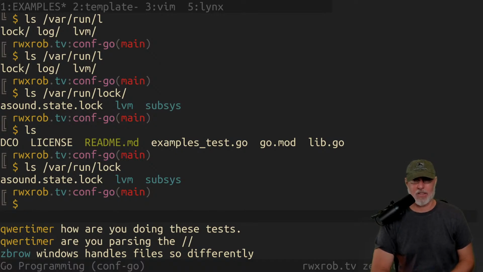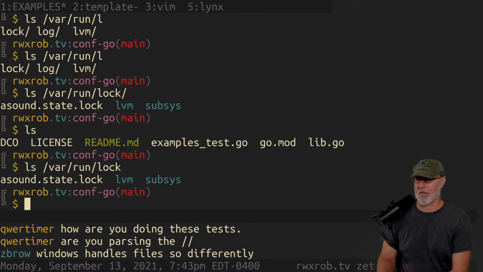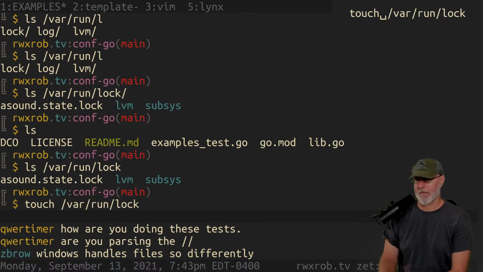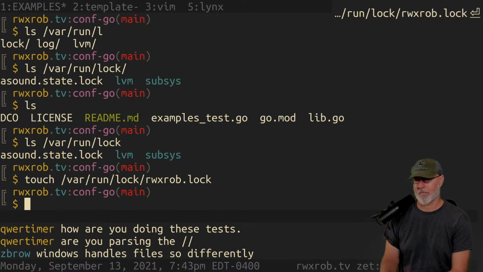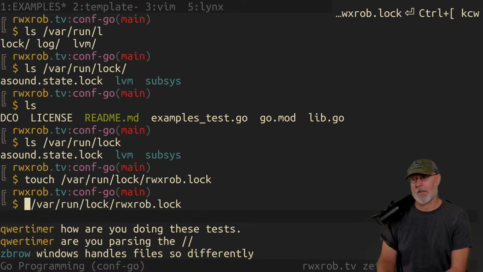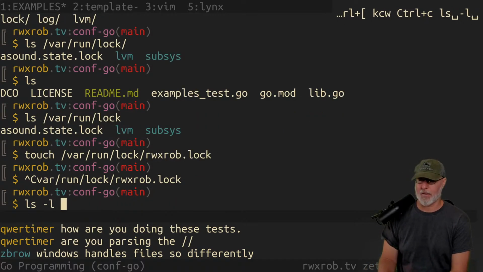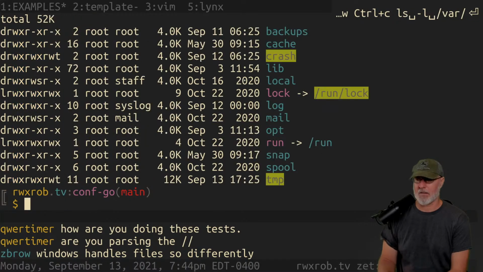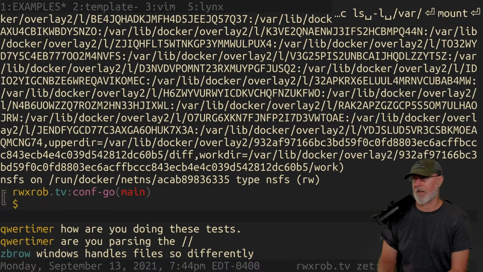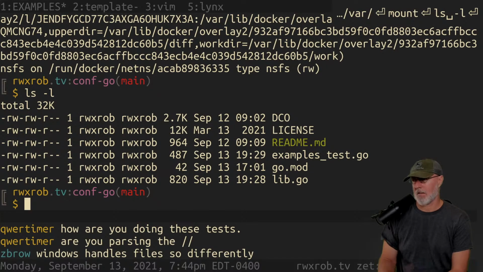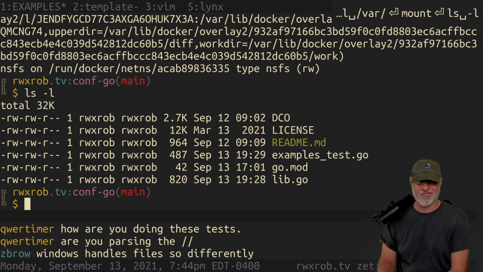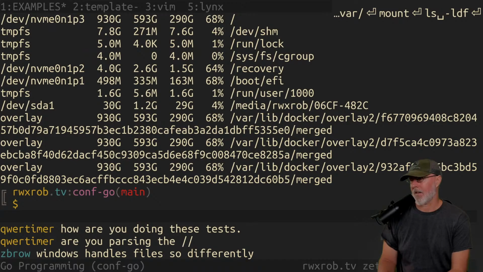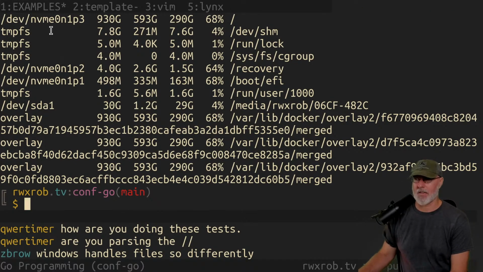They didn't have it in the 90s. It wasn't a thing. I don't even know if you can make one. Let me check. Can I make one? I can. Good. These files, of course, are cleared out on reboot and stuff like that. In fact, I think it's an ephemeral file system. Let me check with df. Yeah, see? It's a tmpfs, so it goes away if you reboot.